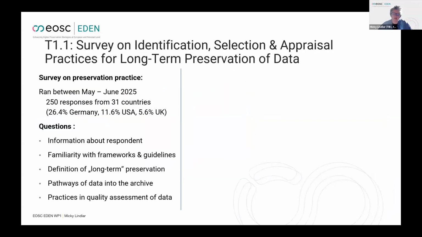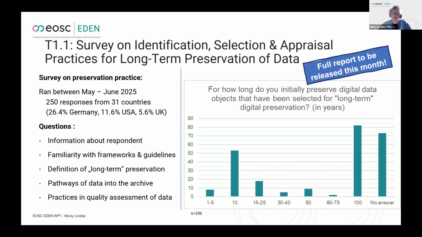To give a brief insight into the survey, we ran the survey between May and June of this year. We've had 250 respondents from 31 countries. I'm sure there are many here who responded to that, so thank you very much for that. The survey was organized around 3 different question areas, which are listed here, but I want to tease out one result from the deliverable, and that result may surprise digital archivists and digital repository managers in the room equally,